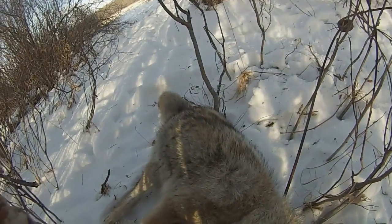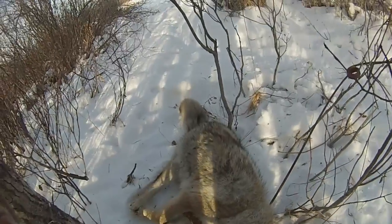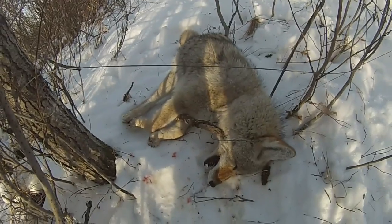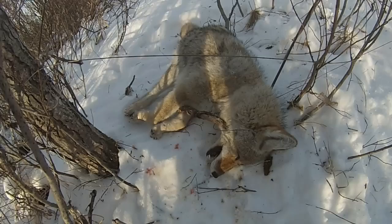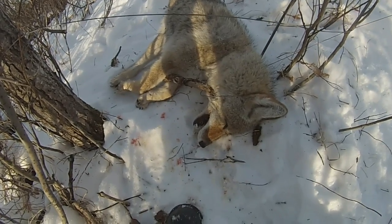Holy mac, what is going on here? I gotta check this out. He did some chewing on here. It looks like this might have been one that was in another snare. I'm gonna check this out, so I will get this guy out of here and take a better look, see what's going on. This might have been the one that was